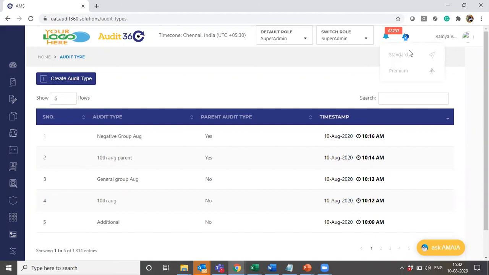The standard section has all new features added, and as and when one is added, it will get updated there. If the given feature is a premium feature, it will go and sit in the premium section. You can click there and access all the features listed, with brief details about each of them.